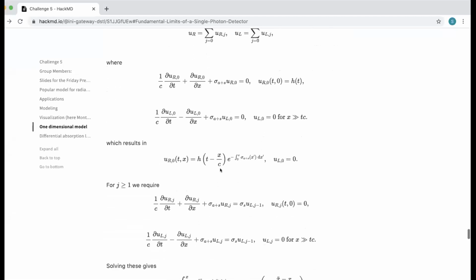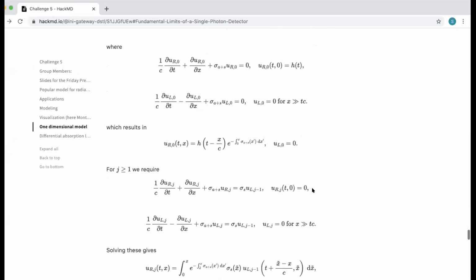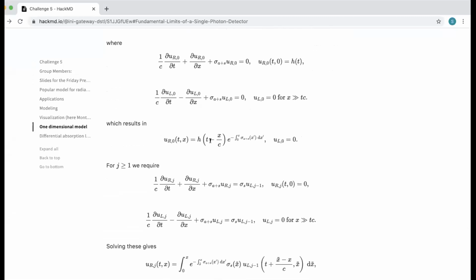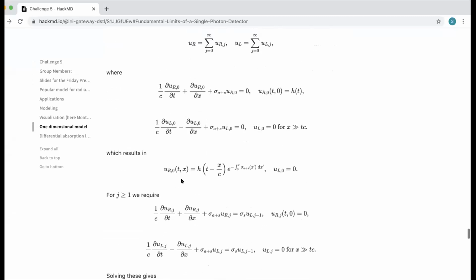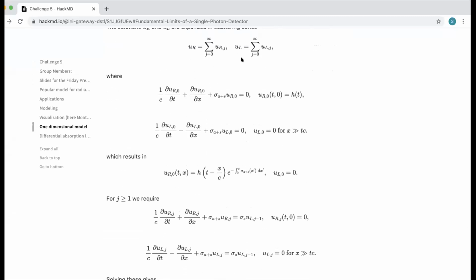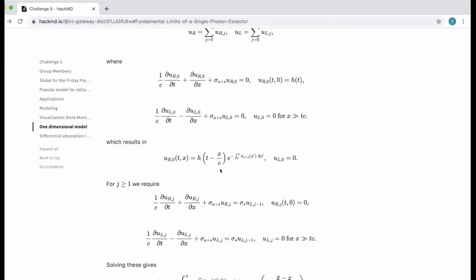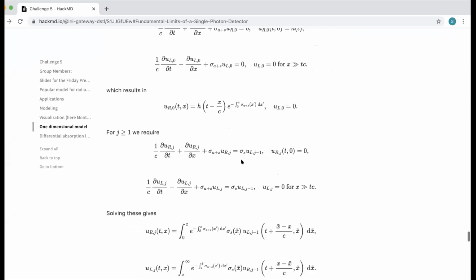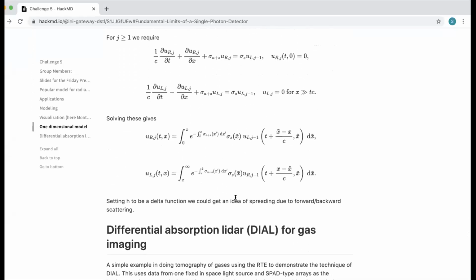I know that these formulas are probably complicated and too much to take in, but you can consider each of the terms in the series and iteratively solve for them. Once you know the 0 terms, you can then solve for the 1st order terms and so on. And the 0 order terms with the conditions I've given here are simply the initial signal moving to the right and attenuated according to the attenuation of the medium. And so these would be the equations you would solve in order to calculate all the terms in the scattering series.